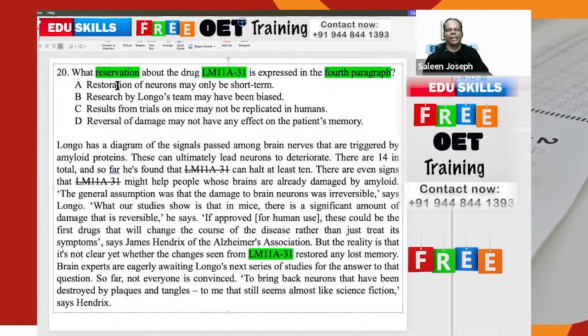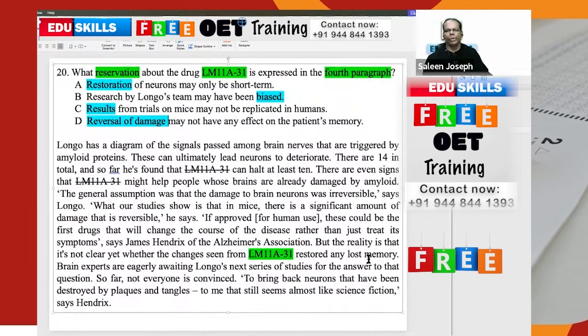So here, let's see the answer options. Restoration of neurons may only be short term. Next, research by Longo's team may have been biased. Then results from trials on mice may not be replicated in humans. Results may not be replicated. Reversal of damage may not have any effect on the patient's memory. Reversal of damage. So come here,